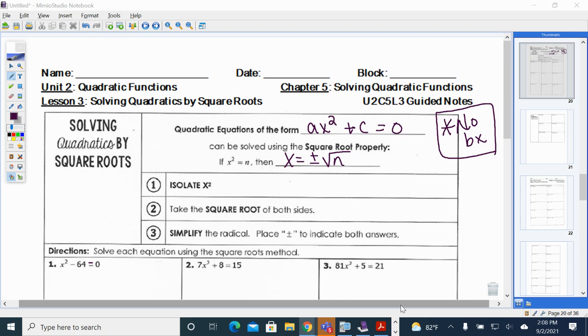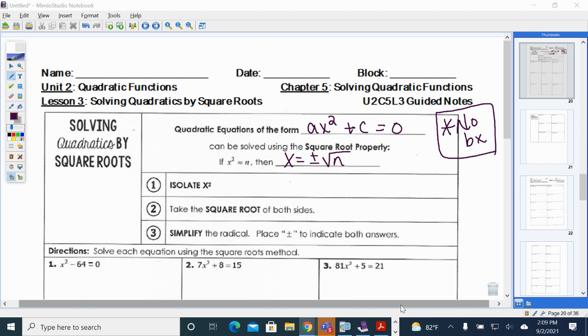This video is on Unit 2, Chapter 5, Lesson number 3. In this lesson, solving quadratics by square roots, we're still focusing on solving quadratics, but we're going to be using the square root property. In your notes here, it says quadratic equations of the form